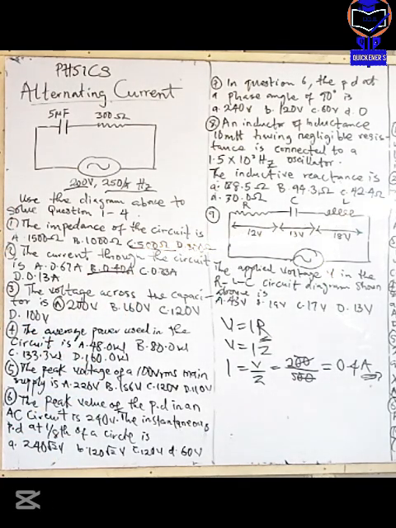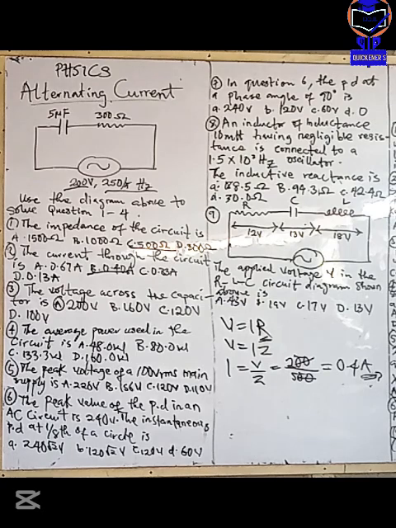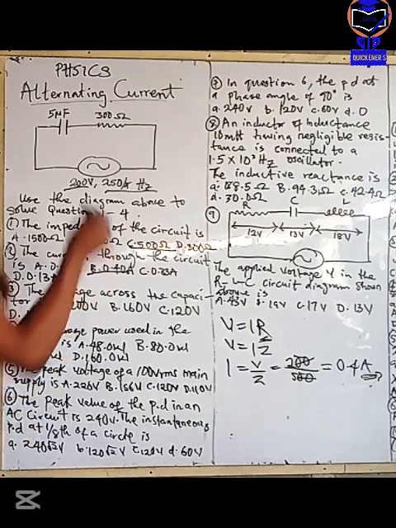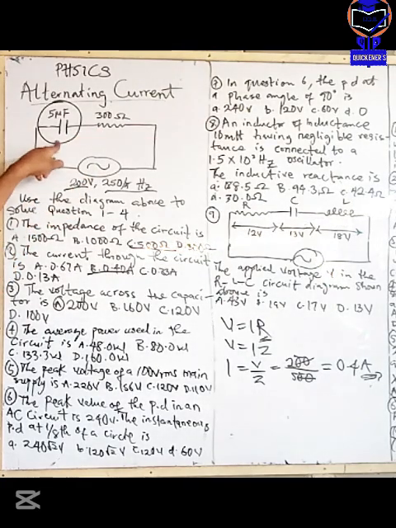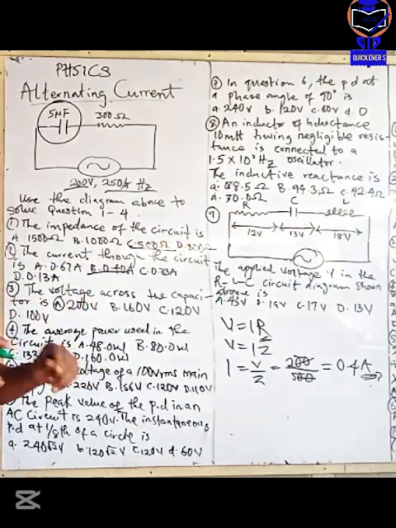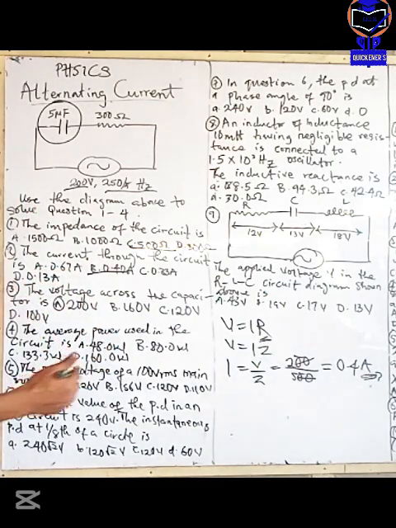I hope I'm explaining it very well. Okay? So now we're going to solve the next question. It said the voltage across the capacitor is. Now we're looking for the voltage across this part. Now it is the combination of this voltage and this voltage that gives you the total voltage, 200 volts. So how do we get the voltage here? Now listen. This voltage is in the form of a vector, right? I know you want to know why. Why is it a vector? Because